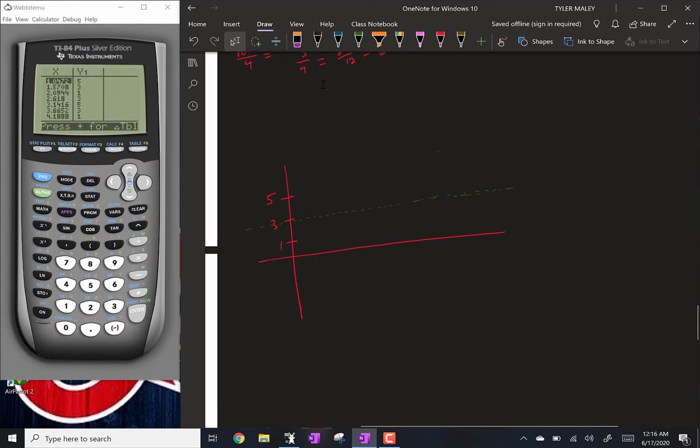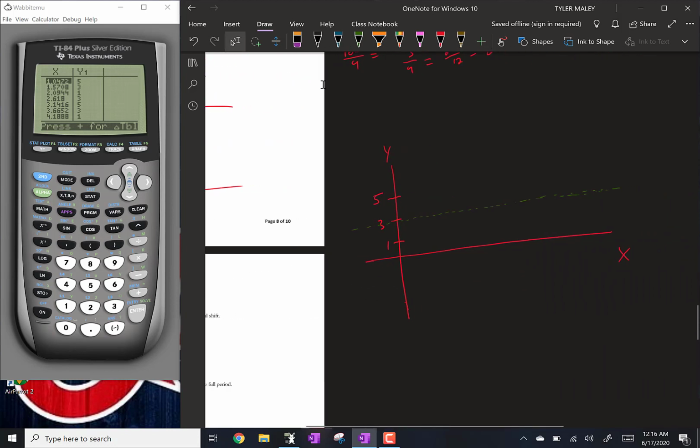Right? So then plotting these points, let's see. Well, we need to label the x-axis. So we had pi over 3, pi over 2, and then 2 pi over 3, and then 5 pi over 6, and then pi, right? So pi over 3 matched up with 5, and then pi over 2 was at 3, 2 pi over 3 was at 1,